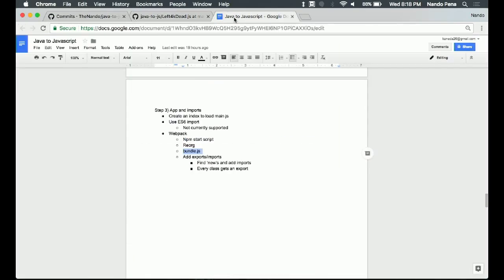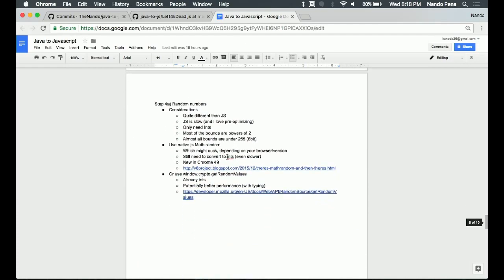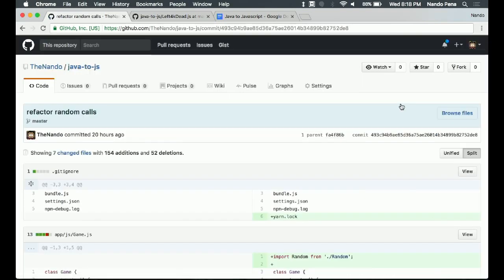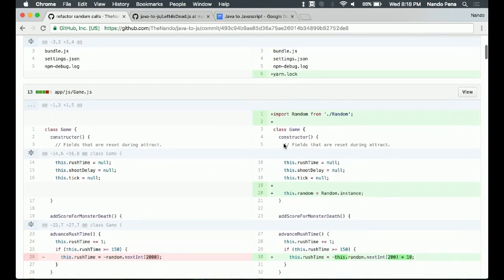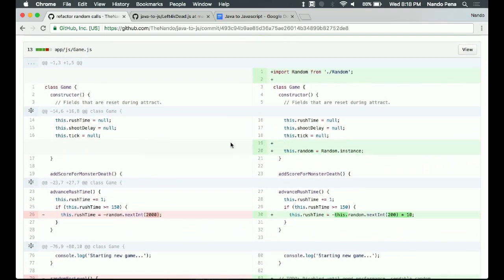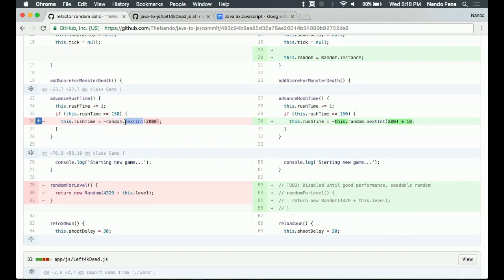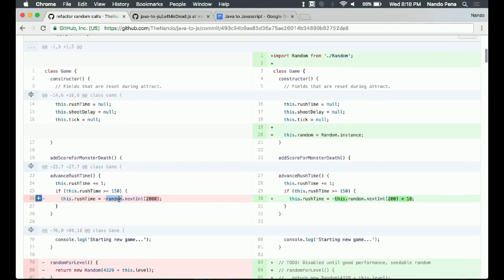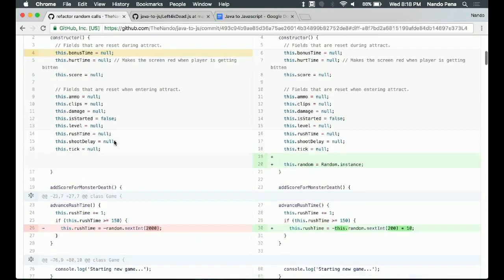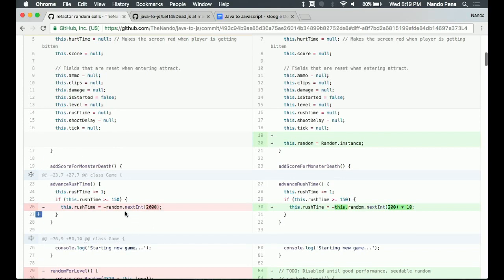The next step after step 3 is we can start talking about those random numbers. Everywhere inside there, we have the random number class that was used in Java, and it has a lot of things different. It doesn't share many similarities with the JavaScript version of it, so there was a lot of work that needed to be done. Here we got random, nextInt. On most of these classes, they're creating an instance of random, and then it's being shared throughout this class and used everywhere they need to generate a random number.